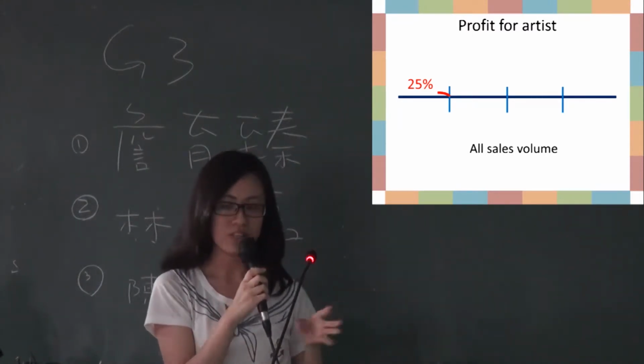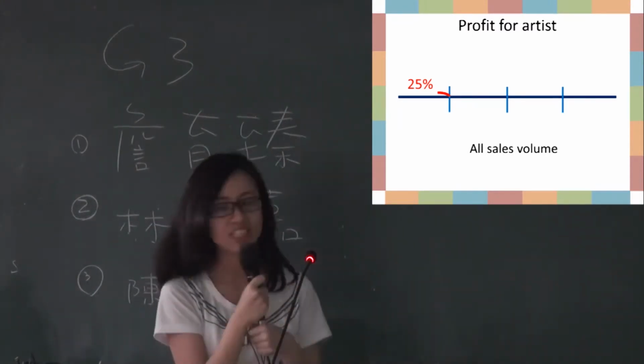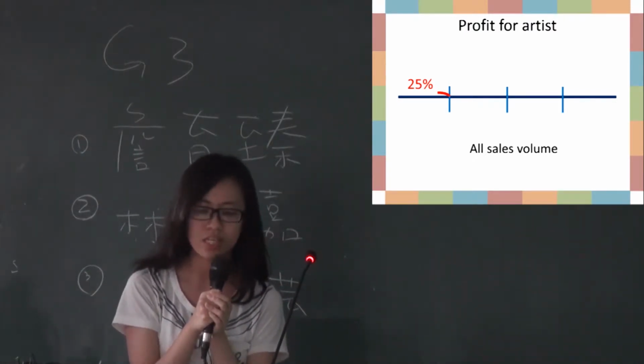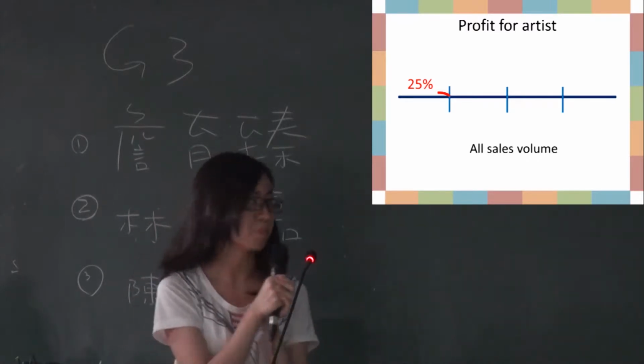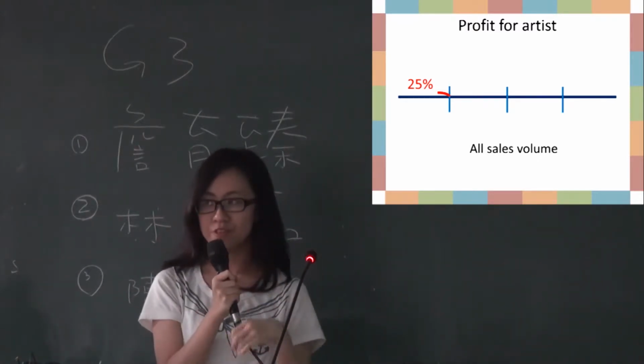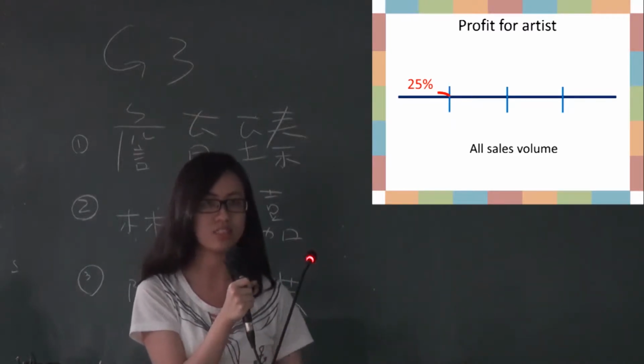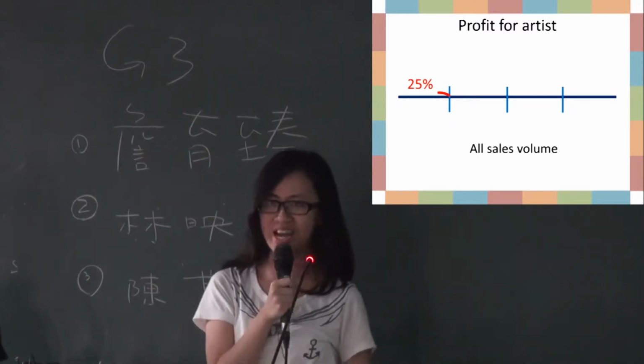And the profit for artists is only 25% of all the sales volume. 就是你做一份贴图，然后你可以抽成当中的25%的意思，就是蛮少，只有25%。